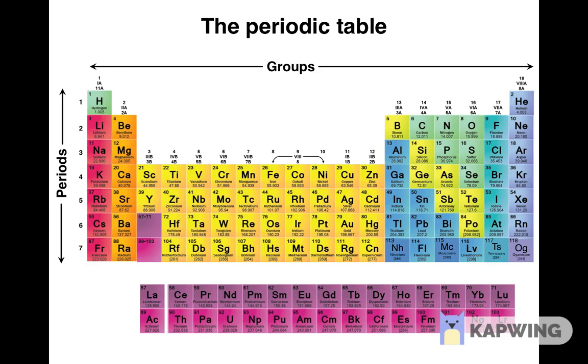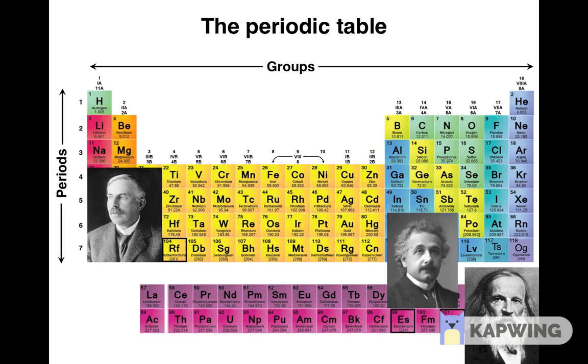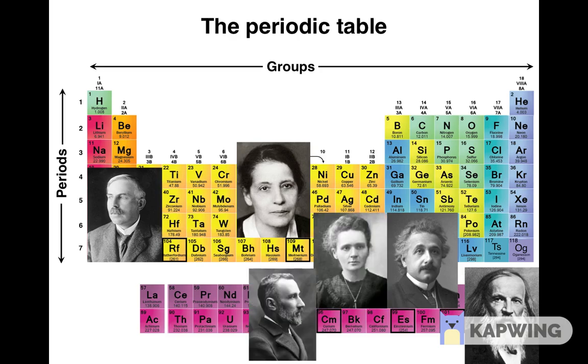Finally, a number of elements are named for scientists. These include Mendelevium, named for Dmitry Mendeleev, who arranged the periodic table; Rutherfordium, named for Ernest Rutherford, who discovered the atomic nucleus; Einsteinium, named for Albert Einstein; Meitnerium, named for Lise Meitner, who discovered nuclear fission, the basic process underlying the production of nuclear energy; and Curium, named for Marie Skłodowska-Curie, the only person ever to win Nobel Prizes in